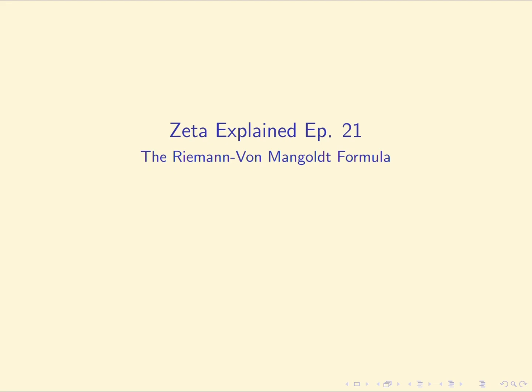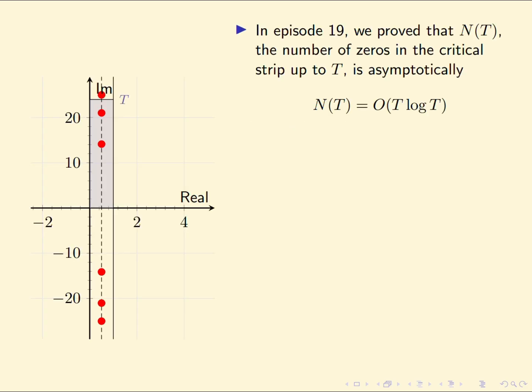Hello, welcome to Zeta Explained, and today we're going to be talking about the Riemann-von Mangoldt formula. What we're trying to do is to estimate the number of non-trivial zeros of the Riemann zeta function